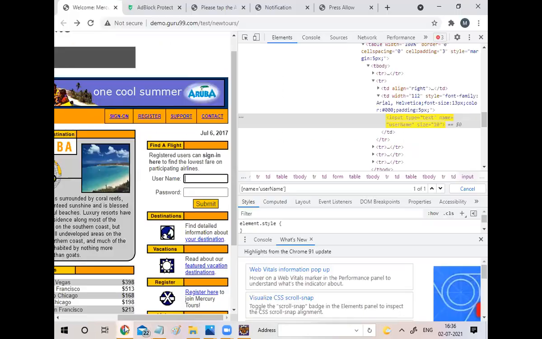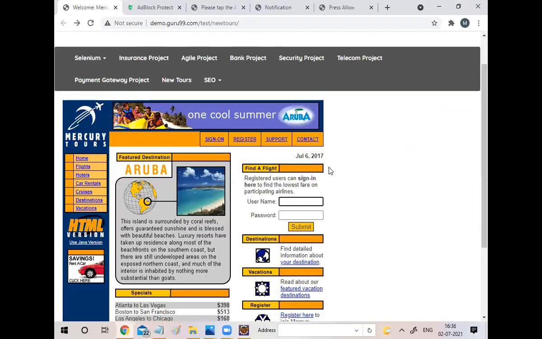So what is the class name actually? What is the class name? I am going to keep it here. What is the page name? This one. What is the Mercury page name? Instead of keeping this one, better whatever the name. This is the home page, right? Or find a flight page. We can keep any name actually. It's up to you, just for your identification or your team's identification.